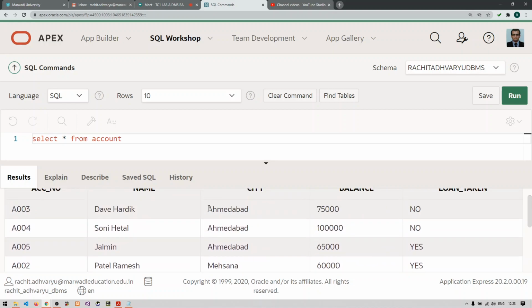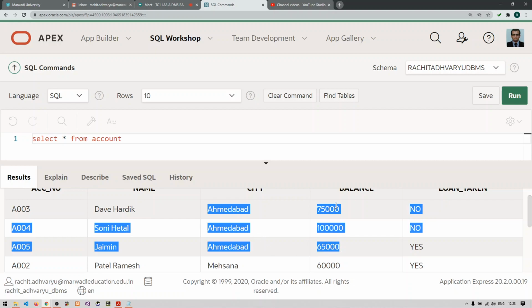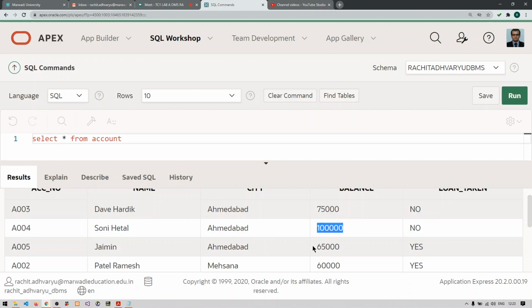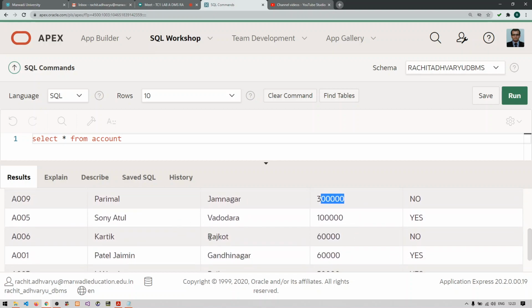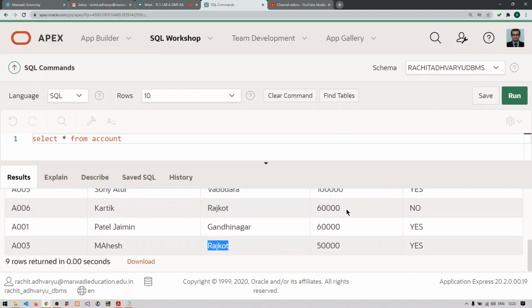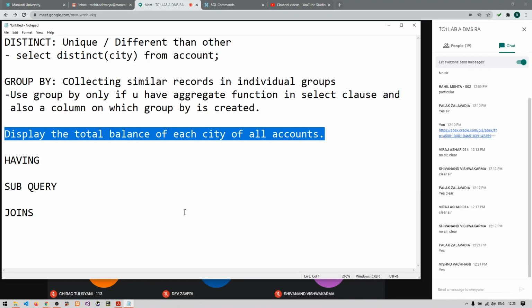So we'll group Ahmedabad into one group and make the total of 75,000, 1 lakh and 65,000. We'll group Mehsana in another group and the total is this. Again Jamnagar in another group, total is this. Similarly Rajkot in another group, and the total will be the summation of 60,000 and 50,000. So this is what actually our question means.